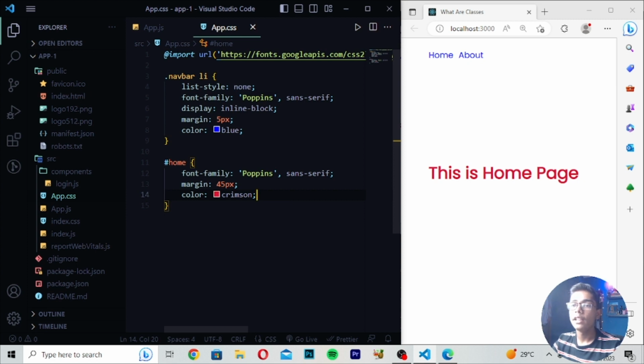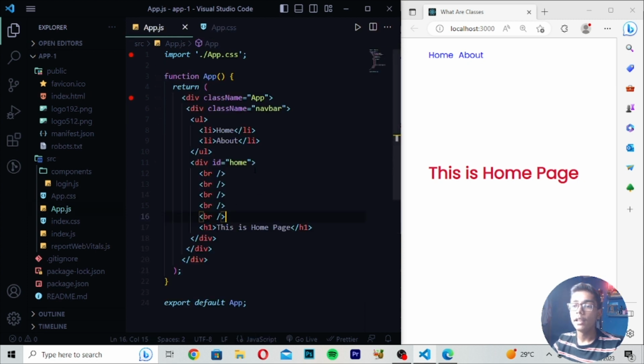Basically classes and IDs are used to identify the thing which you are building, and they are also used for styling. Means if you want to style this thing, you can use its classes and IDs here. So I hope you understand how we have worked with classes and IDs, what classes and IDs are in this video, and how you can use them. Basically we use these things in portfolio websites, when we are building them, or any clones.